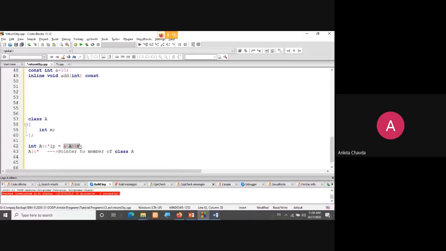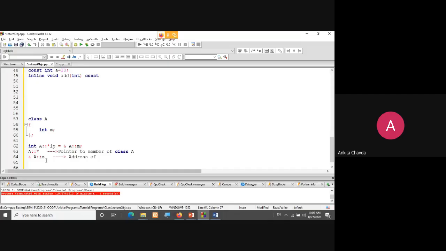Ampersand A, scope resolution operator M. This is nothing but you have to start with the address. So the word is address of. What is this? A member, right? So a member of class A.